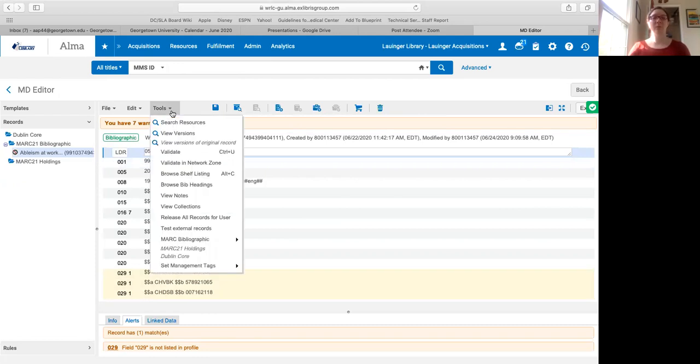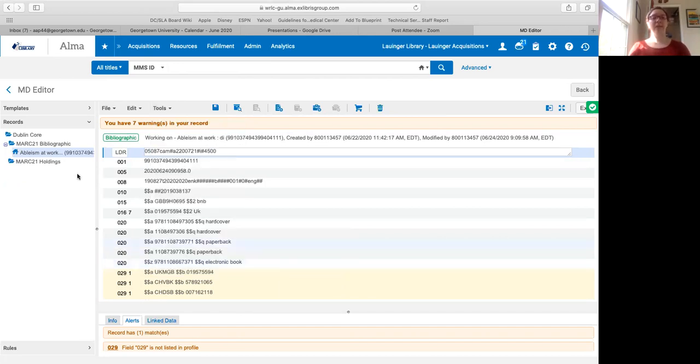So we click on Tools, Set Management Tags, and then you'll see that Suppress from Discovery is checked. You'll just click on that to uncheck it, and you'll see that there's a home icon here. The home icon means that the record is only in our institution zone, and Kelty briefly touched on that in